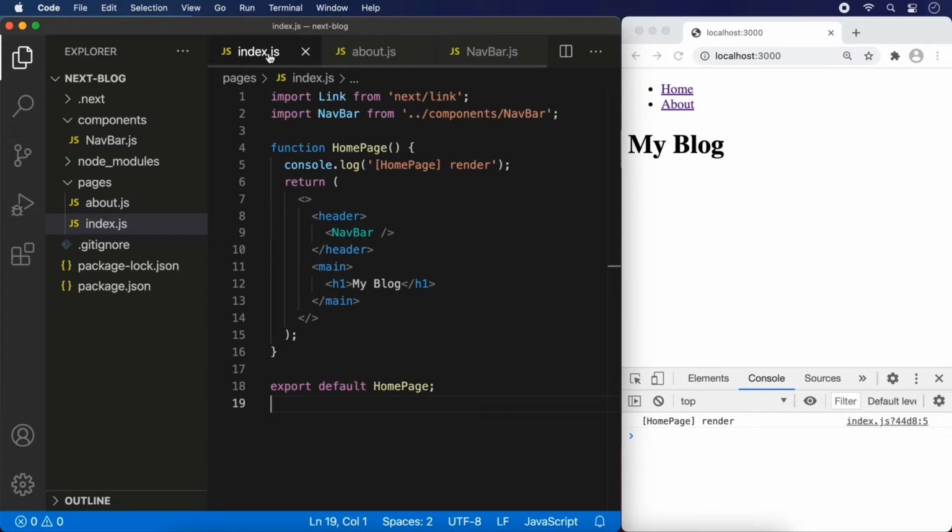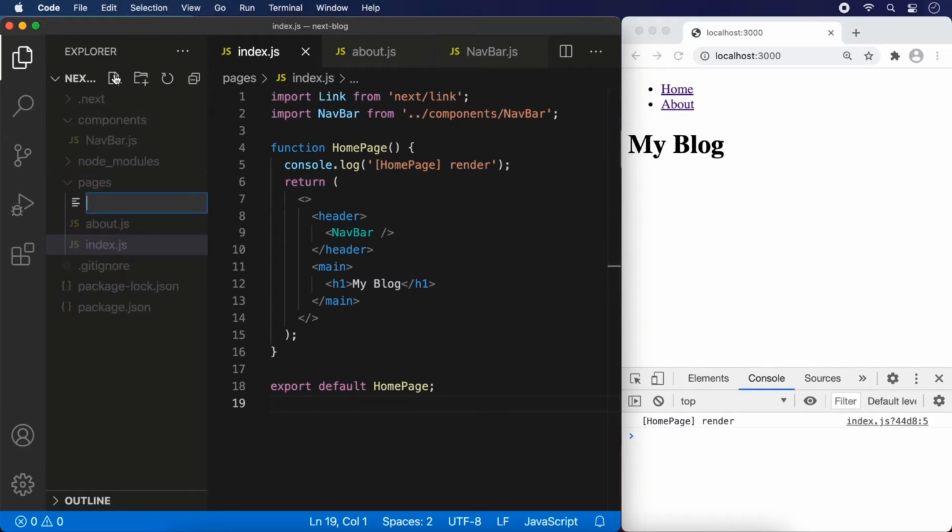In fact, it's not unusual for all the pages in a website to share the same general layout. It would be nice to be able to define such layout in a single place, like in a sort of template. With Next.js, we can do that by creating a custom app component. Inside Pages, we can create a new file named